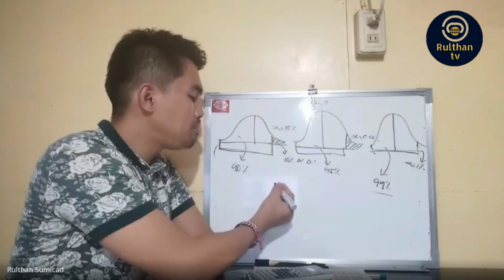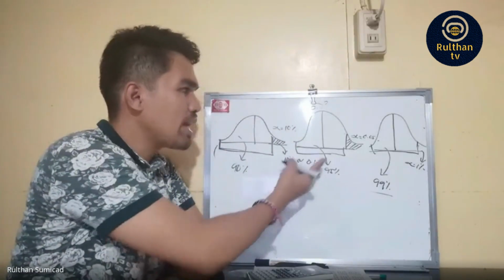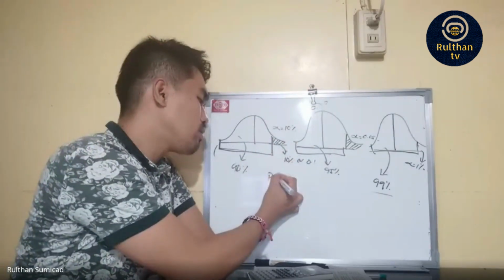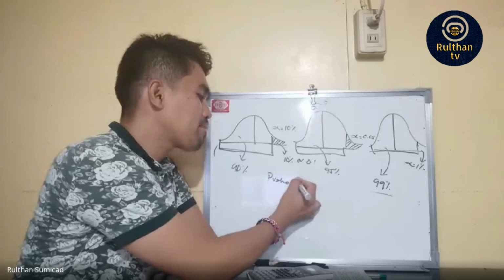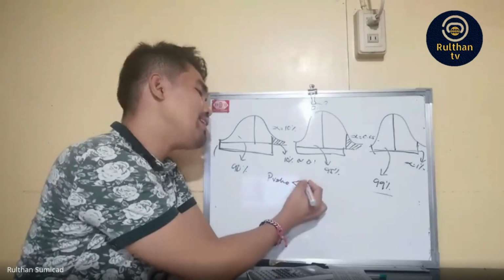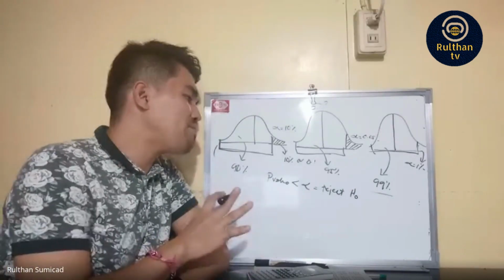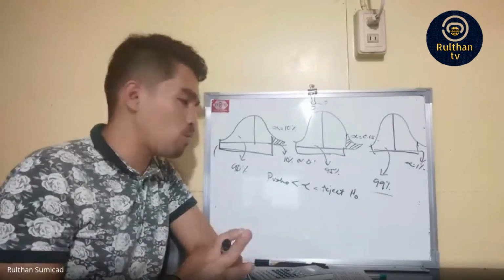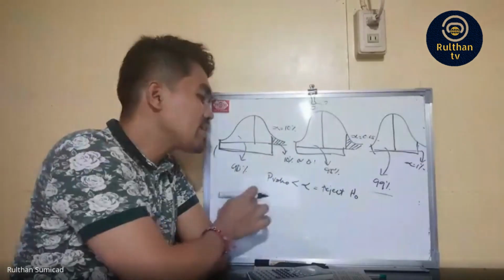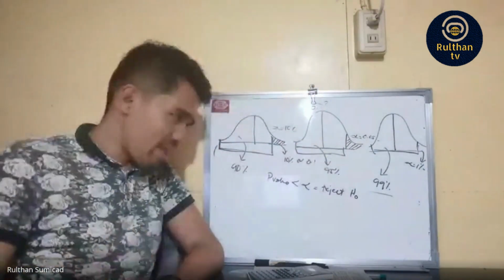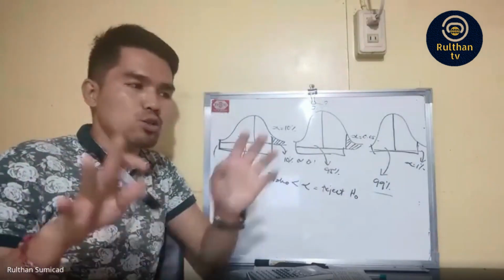Now, in the event, for example, here, the p-value is less than alpha, reject H0. That's our decision. So when the p-value is less than alpha, then reject H0. So in this case, as we reject H0 here, what if, by any chance,